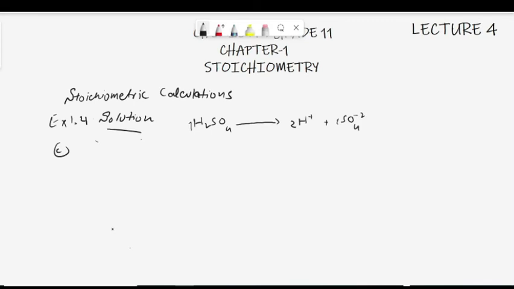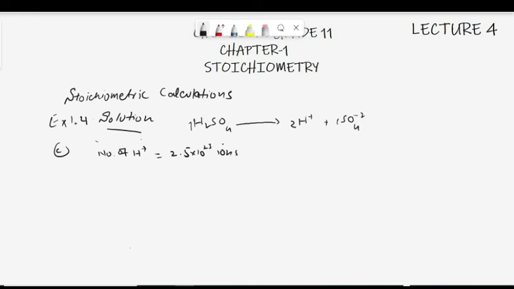So what we have to calculate in part C is the mass of the individual ions that are produced, that is hydrogen ions and sulfate anions. So you can calculate mass from the number of moles, but we don't have the number of moles. In fact, we have the number of ions. And you already know how to convert the number of ions into moles. Yes. So we have the number of hydrogen ions, that is equal to, we just calculated, 2.5 into 10 raised to power 23